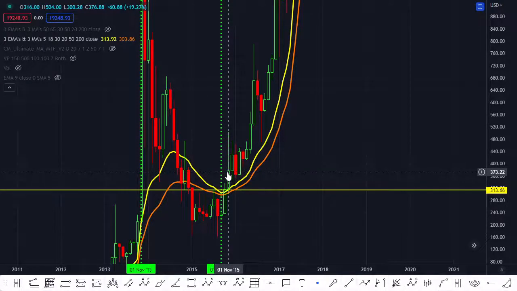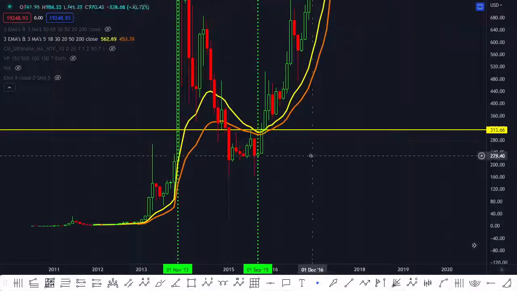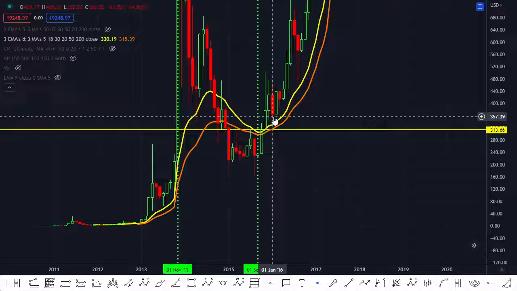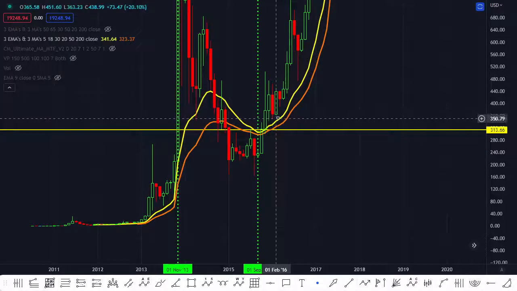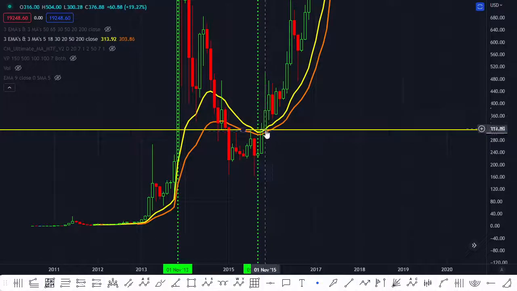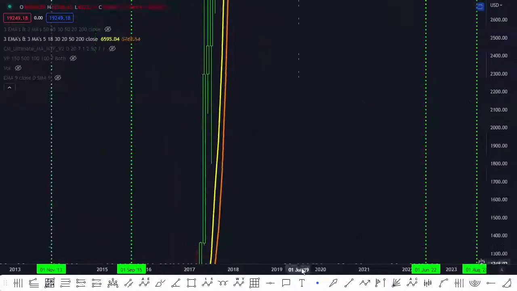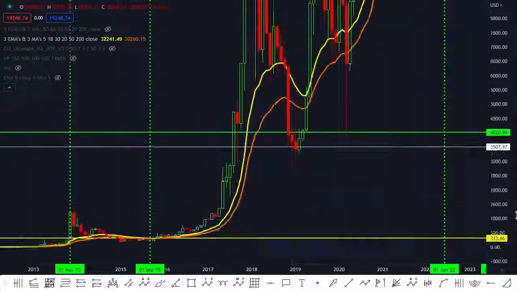This is where your bull run was confirmed, and then you had a nice upside. And by the way, after this was confirmed, you can see you had a red month again. So it's not like the pullbacks are not going to come. The pullbacks will come, and the best way to play this is either wait for the pullback or just buy the monthly candle, which is green. Either way, in the future, it is not going to make a big difference for you. As you can see, you made a nice upside with that.